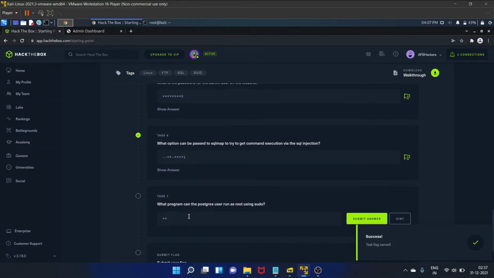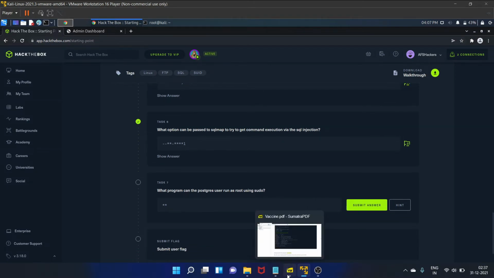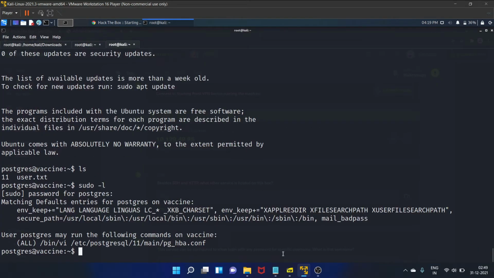Yes, it is correct. What program can the postgres user run as root using sudo? Okay, let's see. So as you guys can see, this user may run the following command on vaccine, that is /bin/vi. Vi is an editor, and here is the file. This is a configuration file